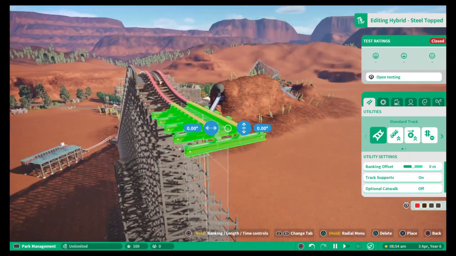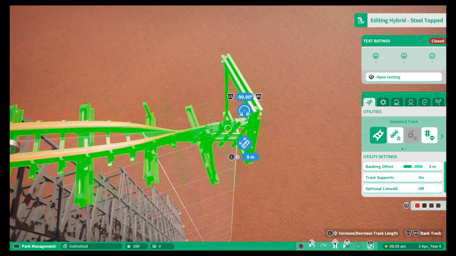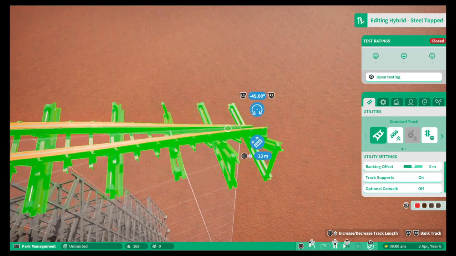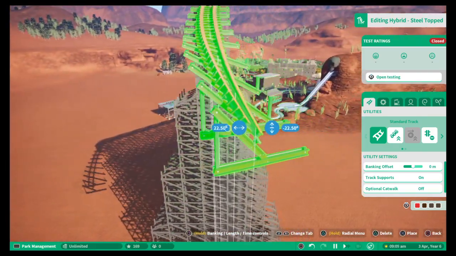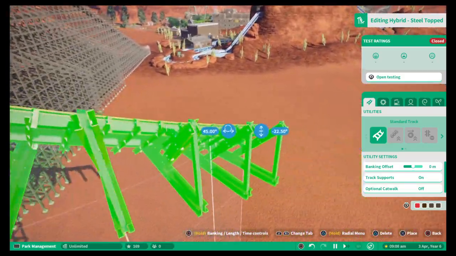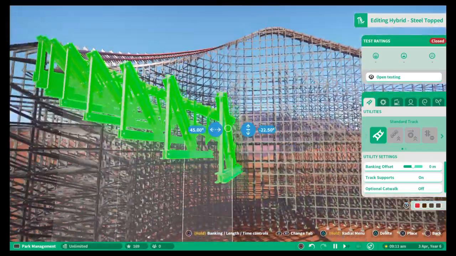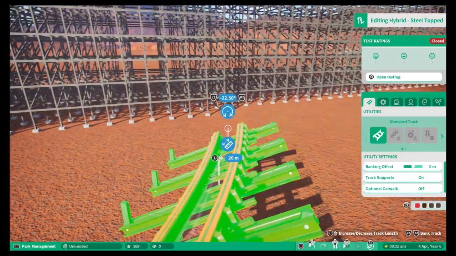So what we want to do, we want a nice big swooping first drop. Probably not quite that. Don't want to be turned on a full sideways straight off the bat. So yeah, we'll swoop all the way down here and go. We'll flatten it out,